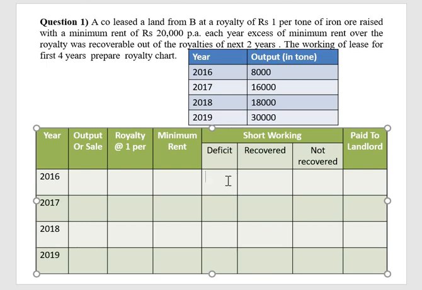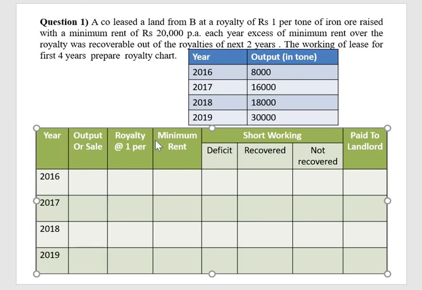Next 3 years means what? If there is any loss in 2016, don't consider 16, because they are telling next year. So the next 3 years means 17, 18, 19. So 17, 18 is the last date of recovery of such losses. Is it clear? Okay. Shall we start the discussion of the solution?